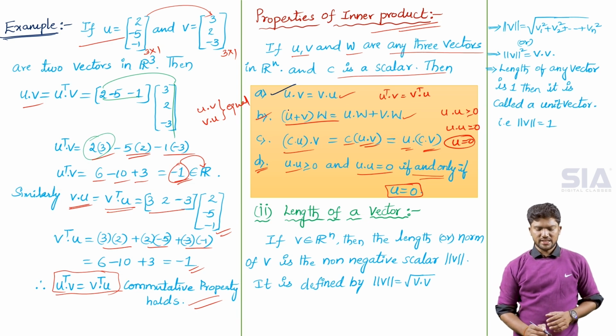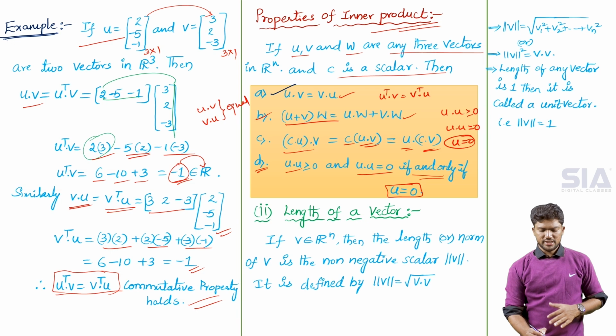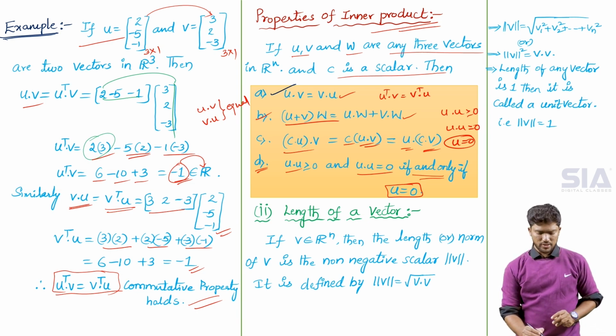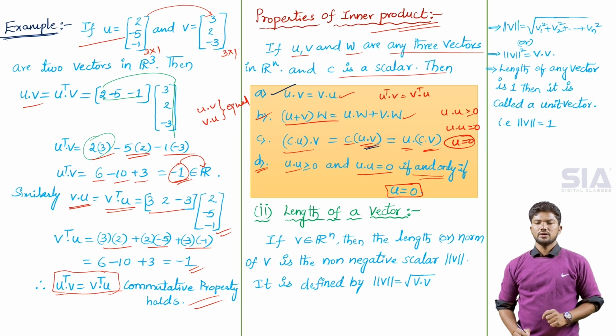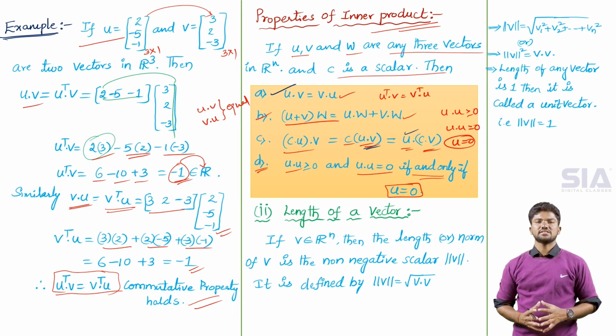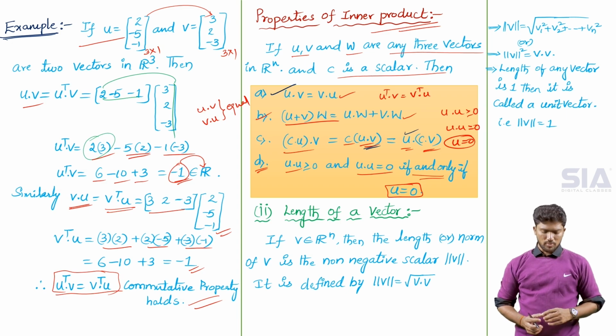The second condition is the distributive law: u plus v into w is equal to u into w plus v into w. The third condition is c into u into v is equal to c u into v, or u into c v. The fourth condition is the non-negative condition. So these four conditions are the properties of the inner product. That is regarding the first problem. Next,